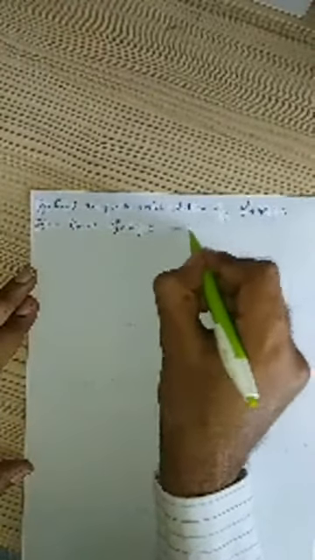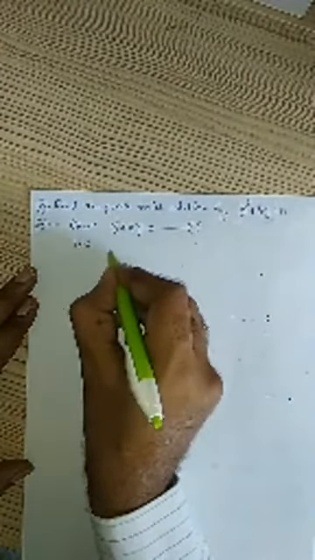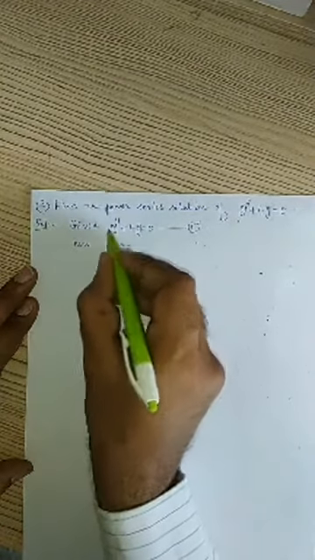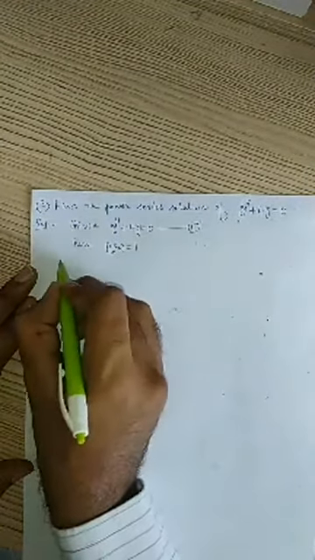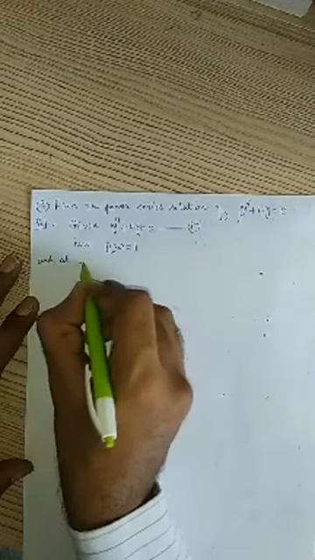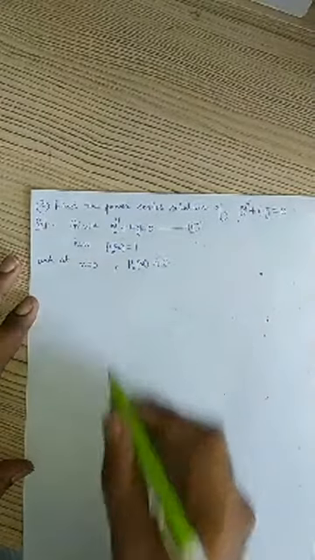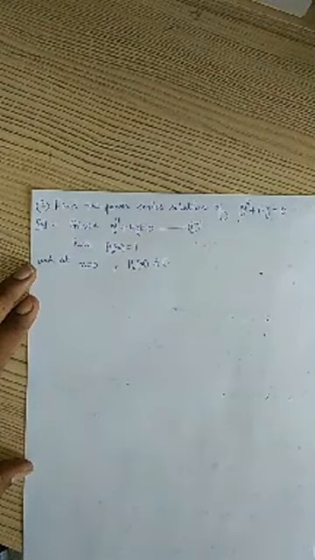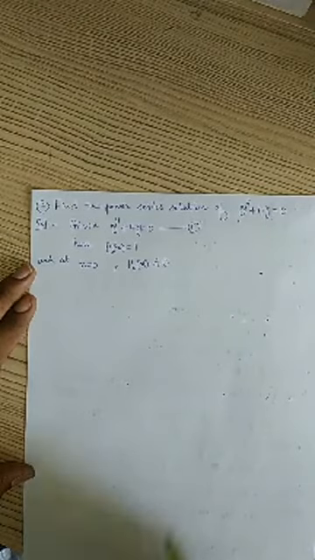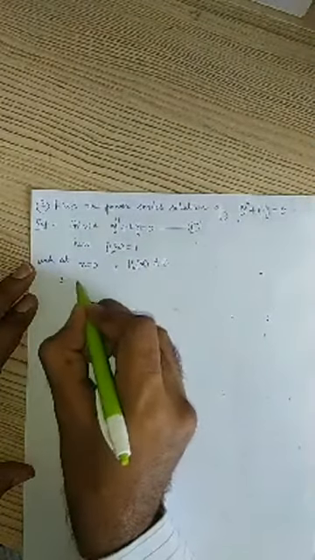When you compare this equation with the general form, here p0 of x equals to 1. The coefficient of the second derivative is 1, and at x equals to 0, p0 of x is not equals to 0, obviously, because p0 of x is 1. Therefore, the solution y can be written in this form: a0 plus a1x plus a2x square plus a3x cube plus a4x power 4 plus so on.